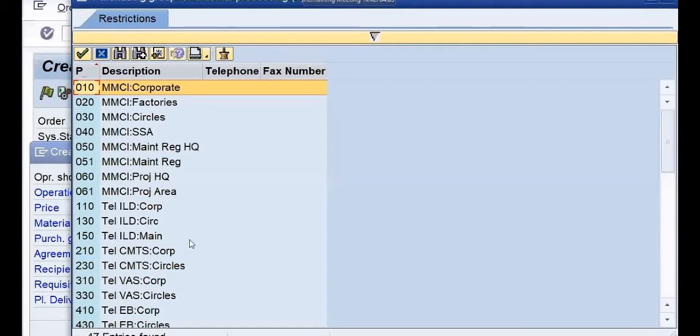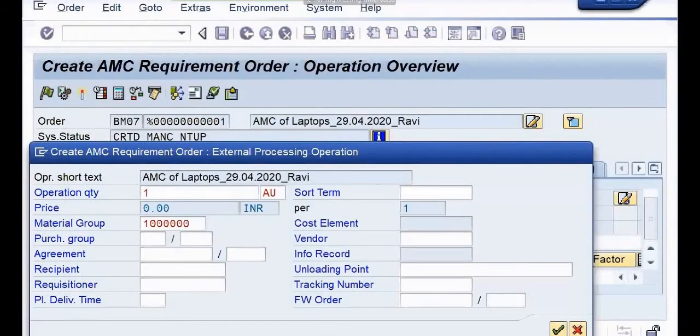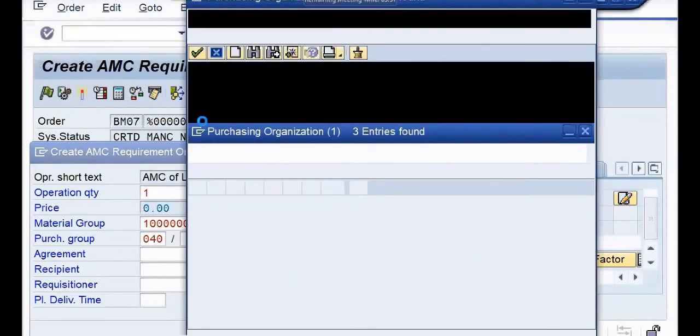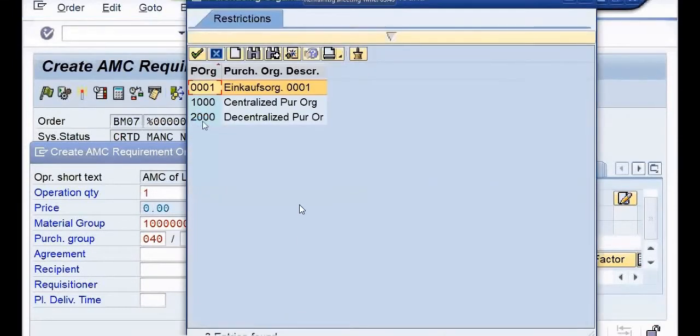Next, what is the nature, whether it is centralized or decentralized? You can take the help. In my case, it is going to be decentralized type, that is 2000, decentralized purchase organization. Next to this is going to be requisitioner.